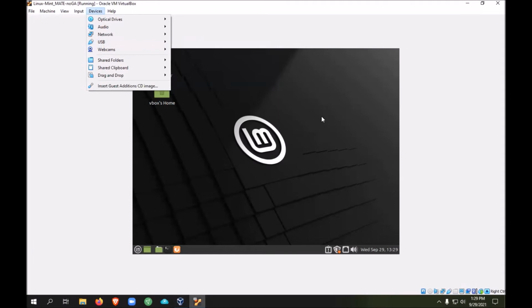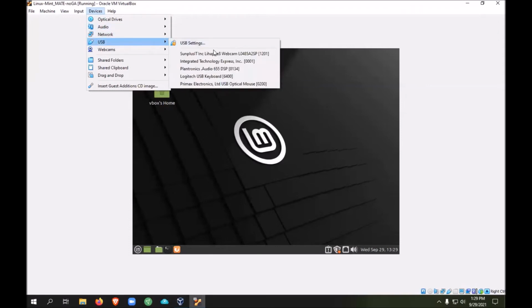Once I click inside of VirtualBox, keyboard and mouse go there. But my VirtualBox doesn't have use of a USB thumb drive, doesn't have use of my camera or my headset, but I could. If I would go to the USB and click on my webcam, now the virtual machine would have access to a webcam, but I wouldn't because it was removed from Windows 10 and you wouldn't see me anymore. But a lot of times we would use this for transferring thumb drives back and forth